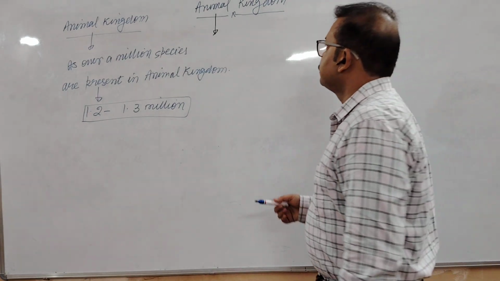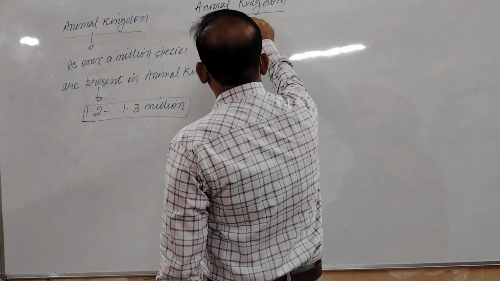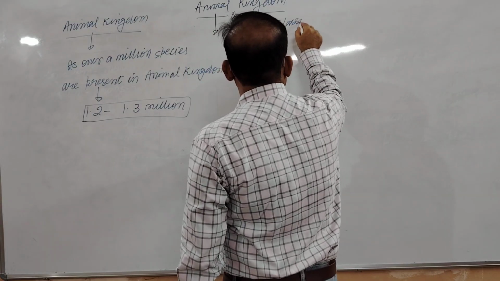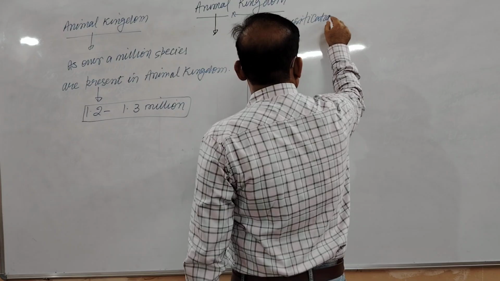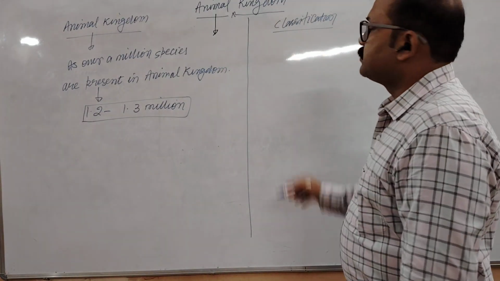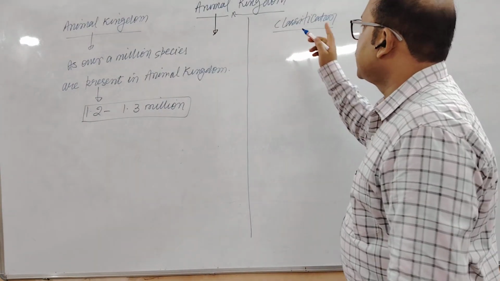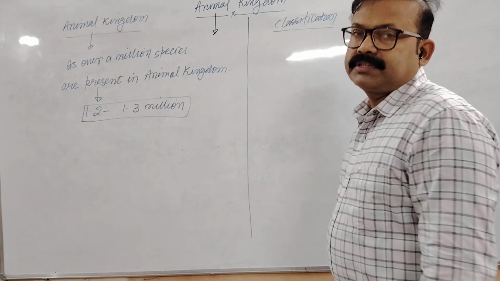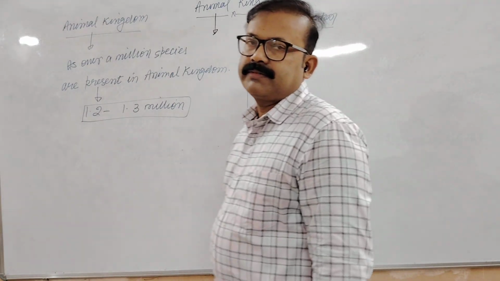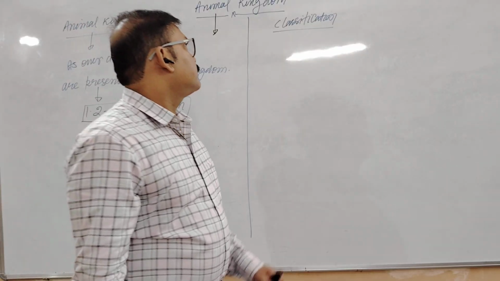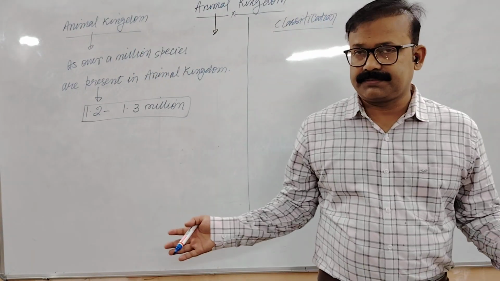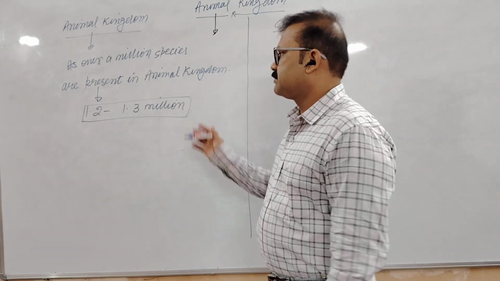We will classify them. We will do the classification. In certain books, you will find the same chapter is named animal classification or animal diversity. Because in this chapter, we are going to study all the animals after classifying them. This chapter is also known as animal diversity because we will study the different types of animals present over this planet.